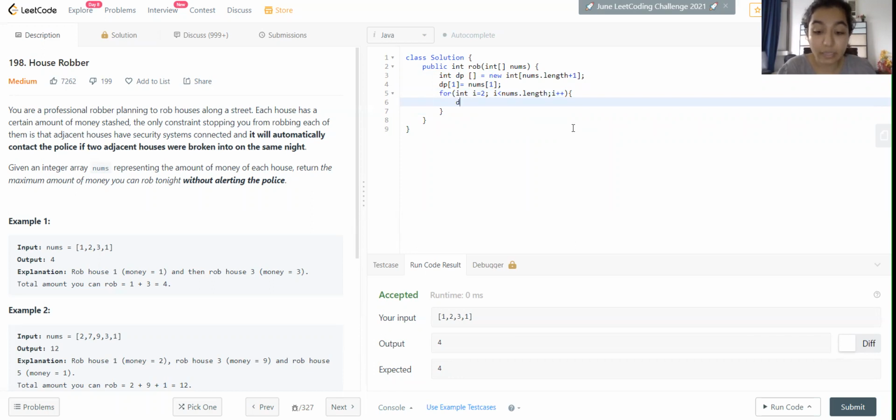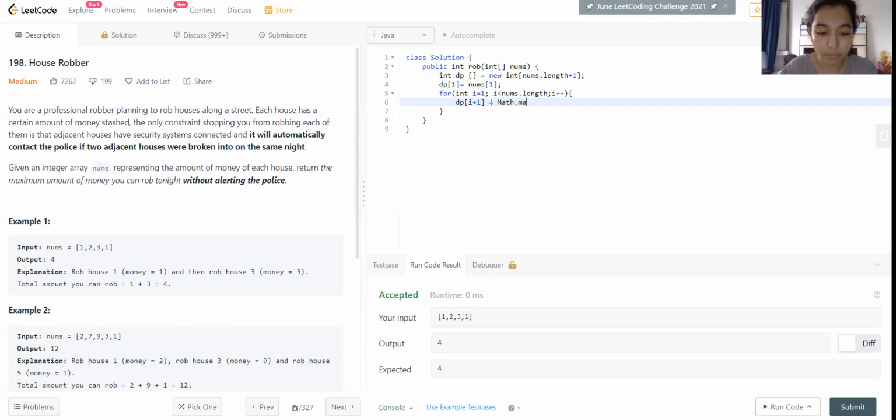What we're going to do inside is calculate the DP of 1 greater than I. So for that, let's start our DP with 1 and see what happens.